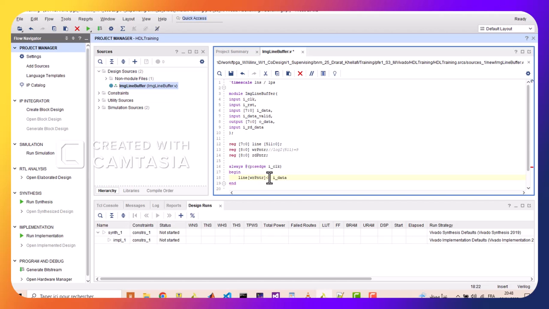Here we have to add another condition, whether the data is valid or not. So if data is valid, we put it inside the line buffer. This is the first process. Second process